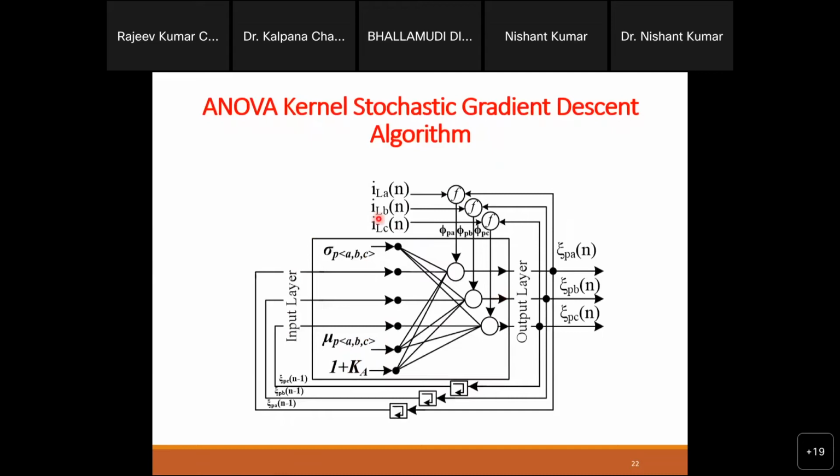You can also see that for the three-phase system it looks like this, and this is a single layer neuron. Here no training is required. Definitely one or two algorithm parameters you can see, but these parameters are not based on hit and trial. These algorithm parameters will be generated according to our stability analysis. I will also show how we can generate and calculate those algorithm parameters, and that will be used here.